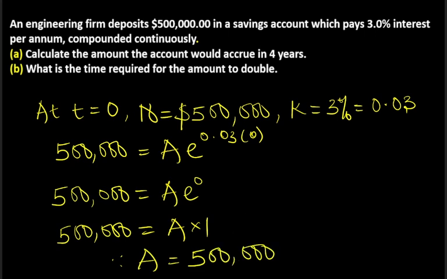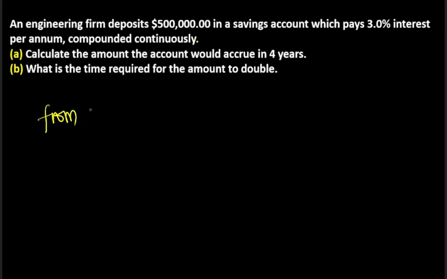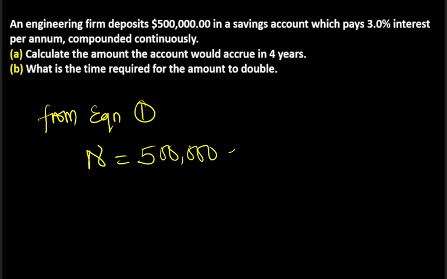From our equation 1, we are going to substitute the value of A in order to model the equation properly. From our equation 1, we are going to have that our N will be equal to 500,000 exponent of